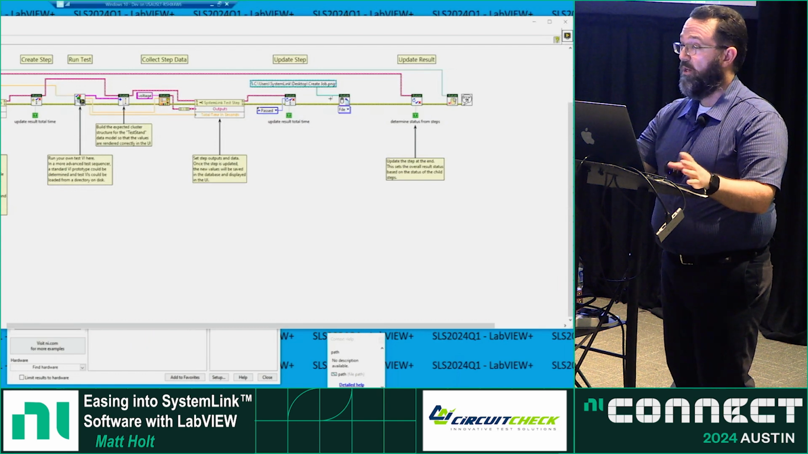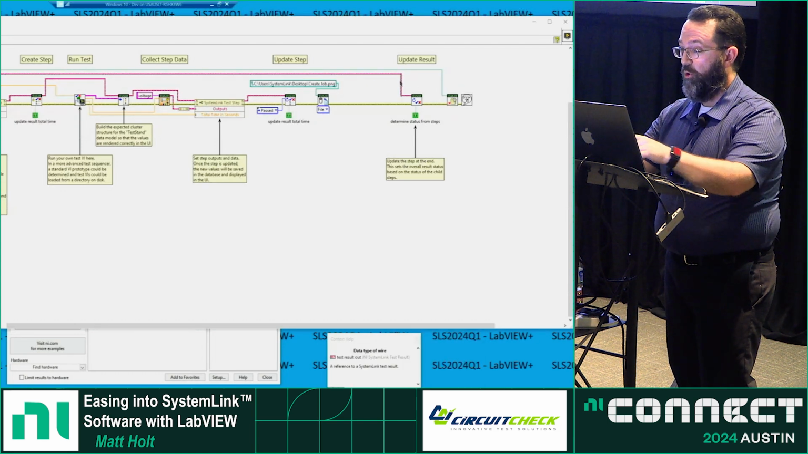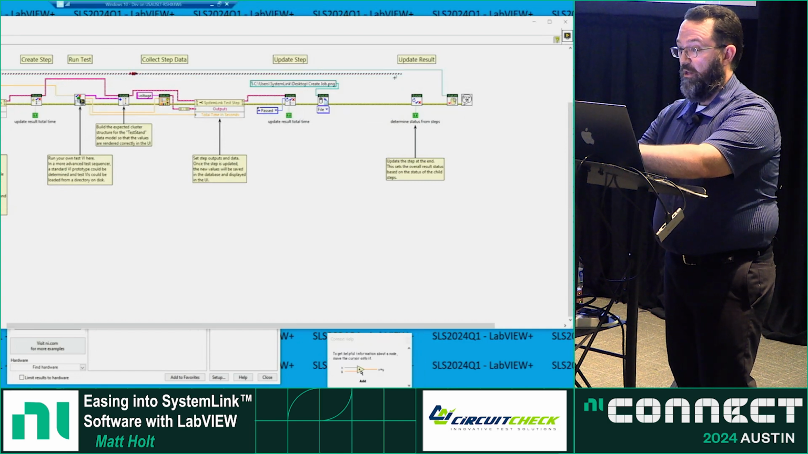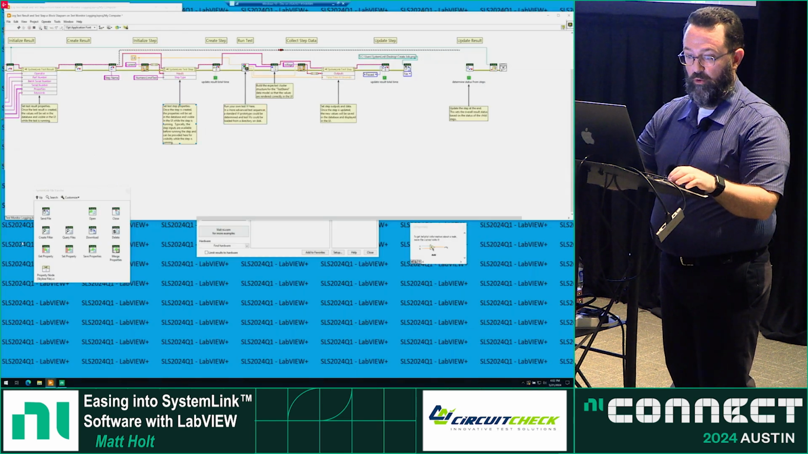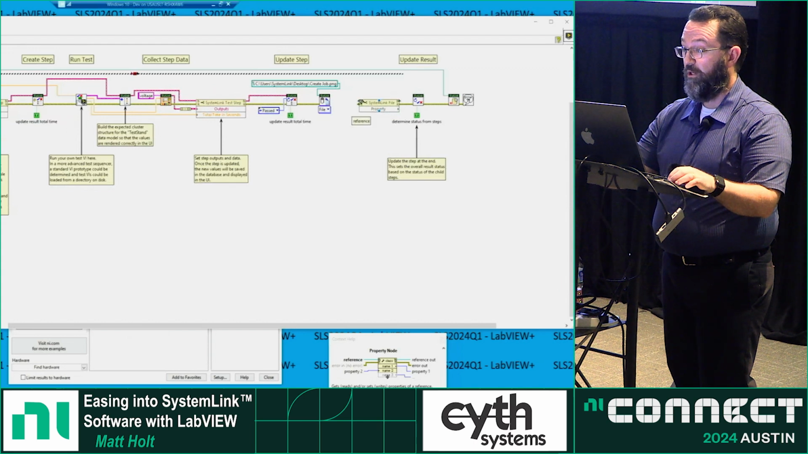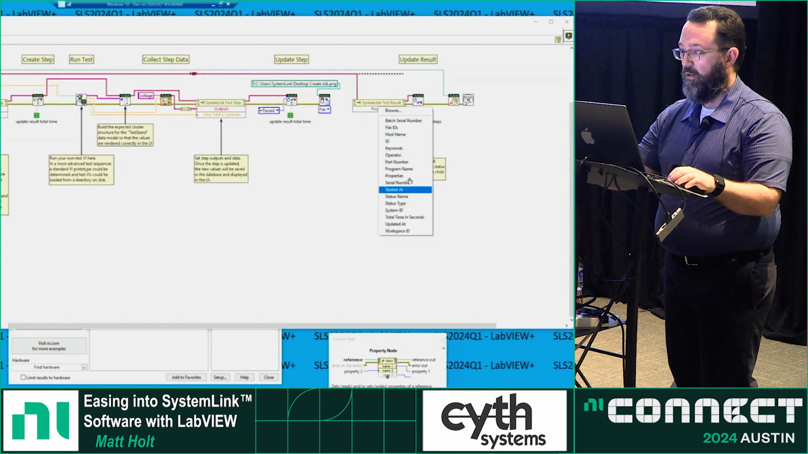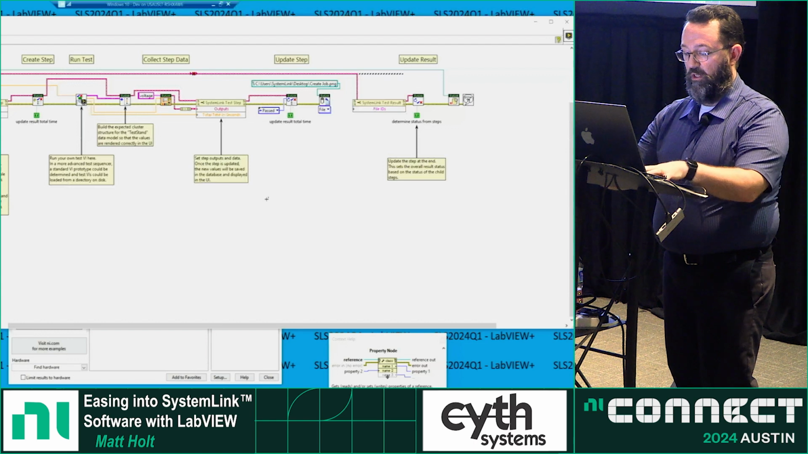If I run it right now, it's going to upload that file, but it's not going to be connected to the result. To do that, I need to add it to the result. And what we do in SystemLink, you upload a file, you get a file ID, and you point the result to that file ID. So what I need to do is just grab a property node. It really triggers my OCD that this is crooked, but I'm trying to be quick. All right, the properties available for a test result are file IDs, and IDs is plural, so I need